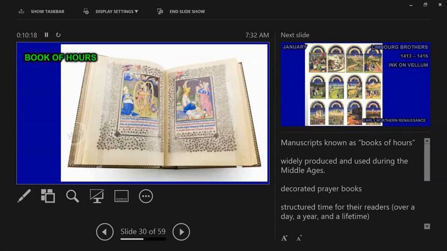Now, I did not talk about illuminated manuscripts much last semester because there's just so many artworks to talk about. I had to let some things go. But